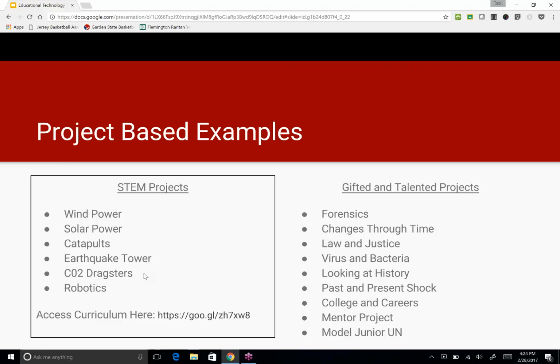And then what happens is that they will be granted the opportunity to create their own solar-powered object. We have students that will build these objects in class and then go outside. You'll see them outside all the time on a sunny day, testing out these objects, whether they're solar-powered Ferris wheels, solar-powered cars,